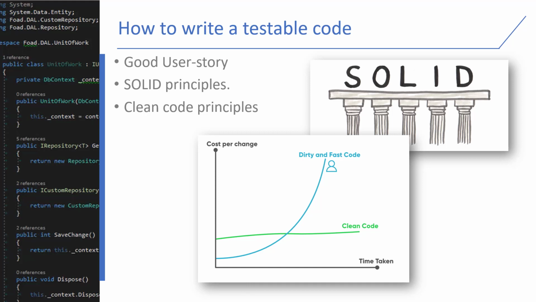Okay, you might say we know SOLID, we know clean code, but when we start writing the code, it ends up as messy code. And how can we test it? Because we might end up writing a method with 100 lines of code. Here there is a practice which is called TDD. If you follow TDD, you can be somehow confident that at the end of the practice, you will have small methods that you can test.